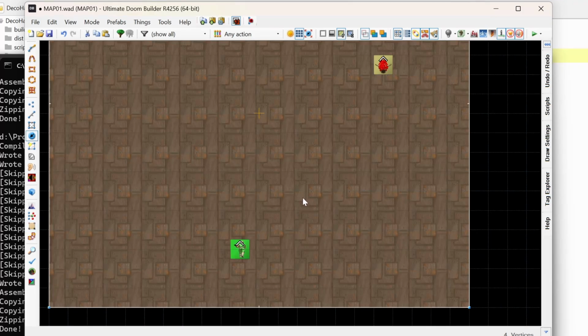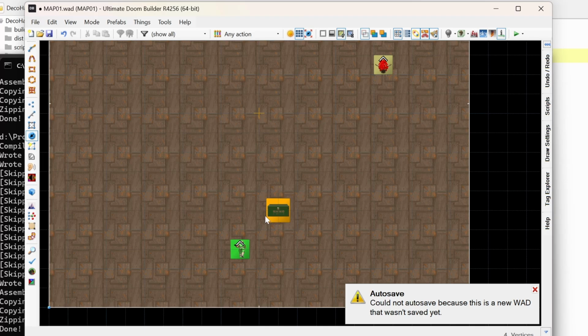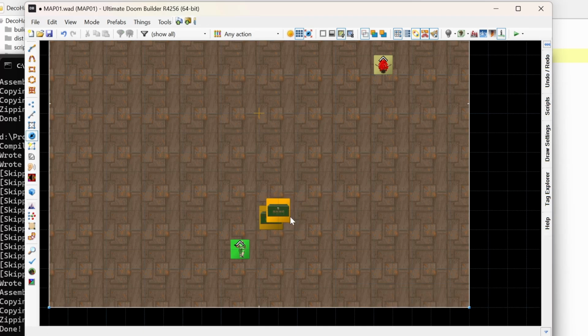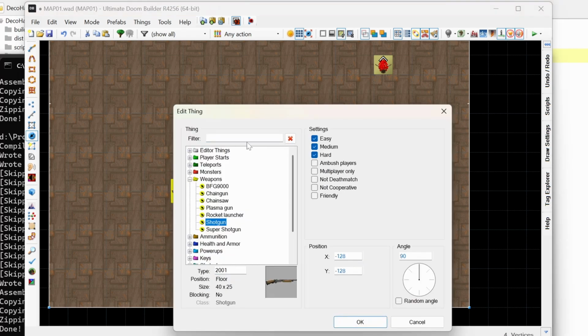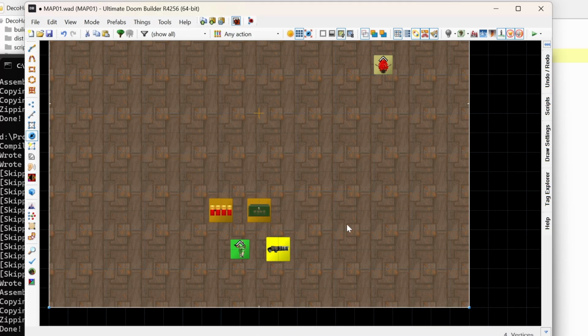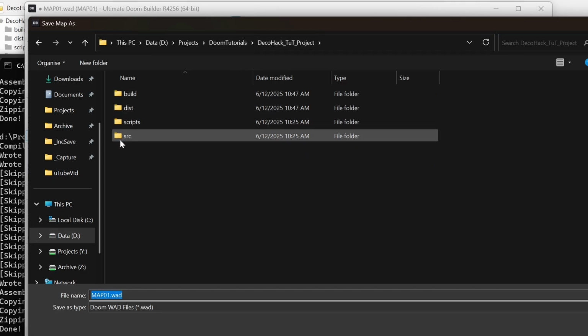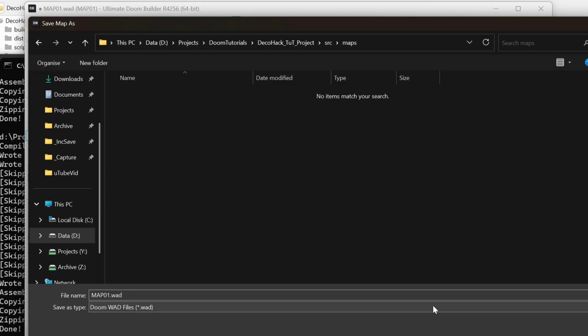So I'm just going to copy this guy, put a whole bunch of copies here. I'll also add some bullet boxes. I'll also add a chain gun. I'll also add a shotgun. And I'll add some shotgun shells. Okay, and I'm just going to save this into my DecoHack tutorial. I'm going to go to source, save it into maps, and save it as map01 lost soul